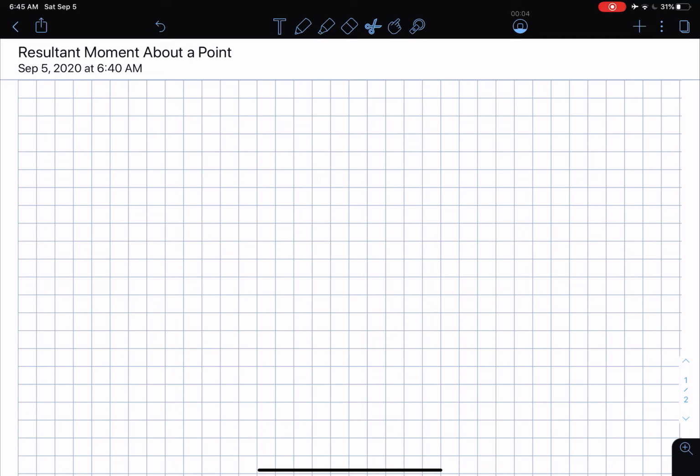I'm going to consider a very brief conceptual example to talk about the resultant moment about a point. Okay, we will of course solve numerical problems on this idea once again. All right, so consider